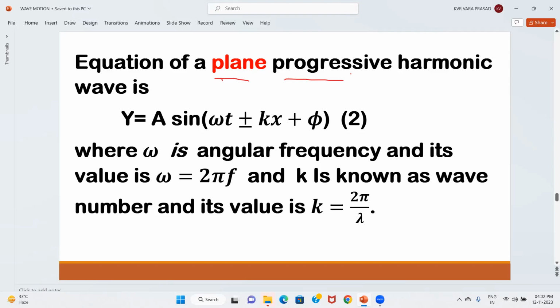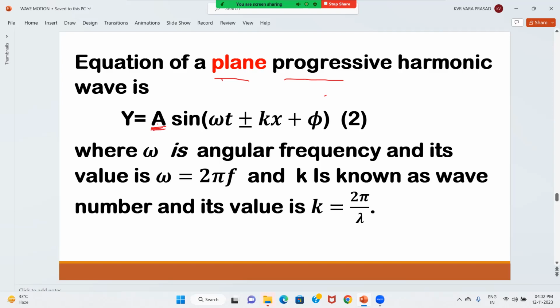The equation of a plane progressive harmonic wave is y = a sin(ωt ± kx + φ). Here we have taken amplitude a, which is a constant,